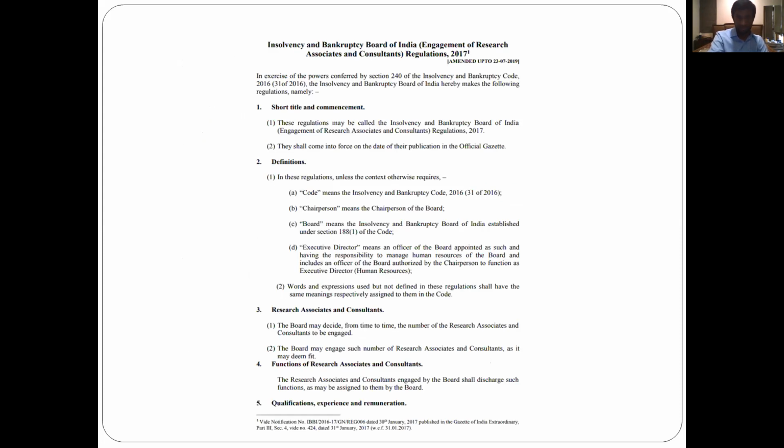A couple of other things that I found interesting, which may interest some other people. I think IBBI has an engagement of research associates. They have a couple of regulations. So if you want to be one of the 50 people, you can look at doing a research associate position there for some time. It's very helpful for someone who is interested in these matters and wants to apply for an LLM. So it's very useful to do a 1 or 2 year stint over there.